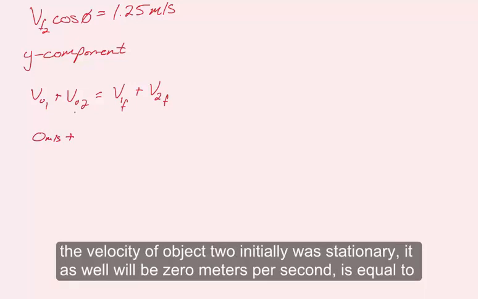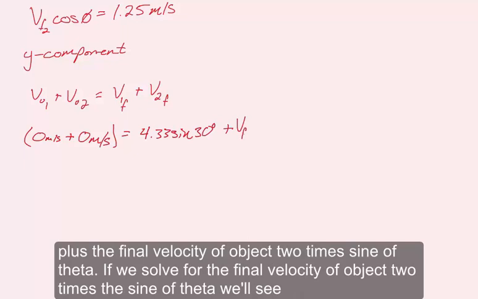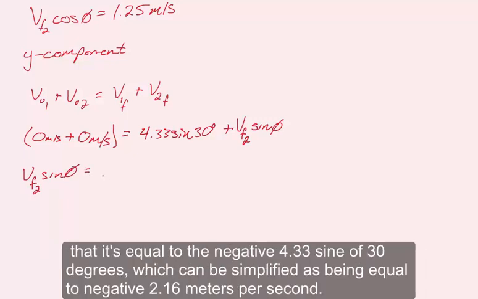And since the velocity of object 2 initially was stationary, it as well will be 0 meters per second, which is equal to the final velocity of object 1, which was 4.33, and since we're acting in the y direction, we'll have the final velocity times the sine of 30 degrees plus the final velocity of object 2 times sine of theta. If we solve for the final velocity of object 2 times sine of theta, we'll see that it's equal to